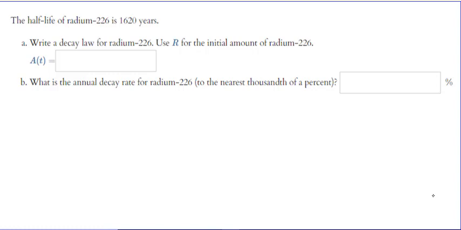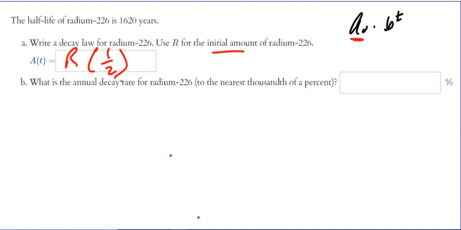In this problem, we're looking at the half-life of radium-226, and it's 1620 years. So write a decay law for radium-226 using R for the initial value. If we look at this, we should have a sub 0 times b raised to the t. Well, they said we want to use R for the initial amount, so that takes care of the a sub 0. Now, we're looking at half-life, so the base is 1/2,